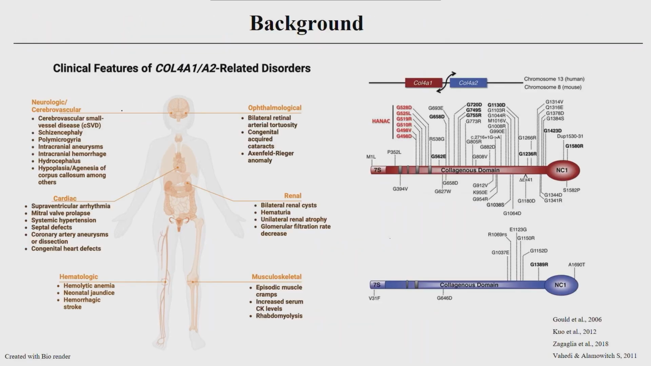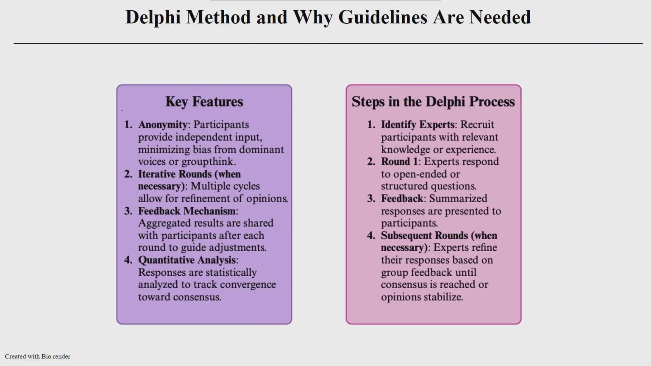And of course, as everybody in this room knows, COL4A1 and COL4A2-related disorders show various syndromes and symptoms in different patients. It's a very heterogeneous disorder. We already know different manifestations such as small cerebral vessel disease, porencephaly, retinal arterial tortuosity, and different cardiac, hematological, renal, and musculoskeletal findings. And so, to achieve methods, guidelines and management recommendations, we employed the Delphi